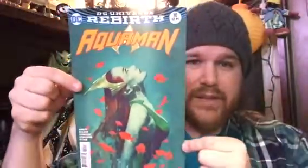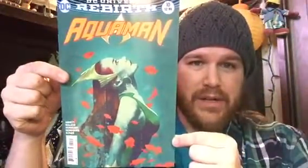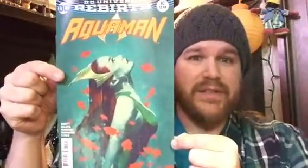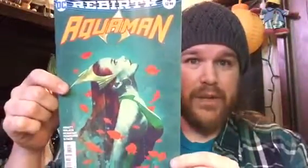And my last comic for the week, Aquaman number 10, is the Josh Middleton cover with an amazing Mara cover. Josh Middleton's covers on these series have been blowing me away, because some of the stuff I look at and I'm like, oh yeah, it's totally Josh Middleton. But this one, I looked at it and I had to check the credits to make sure it was him,